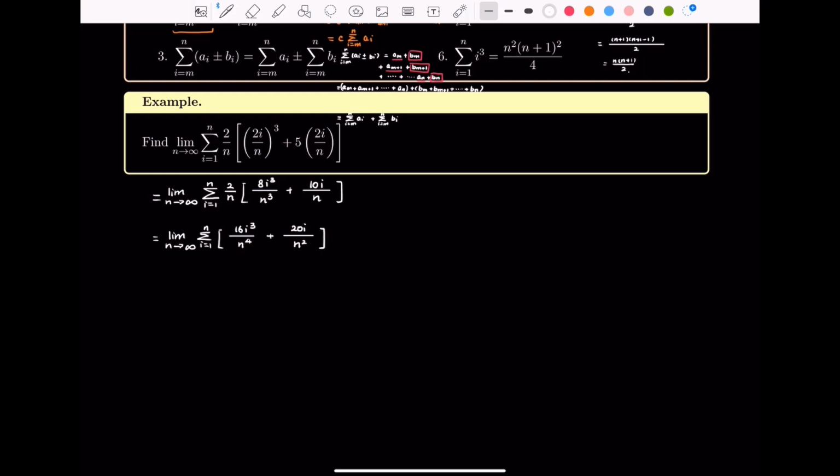As I mentioned, now I have a summation of 2 terms adding together. By property 3 here, I can split them up into 2 summations. So let's do that. I can change it to 2 summations. Here I'm doing it step by step. If you are familiar with it, you can do multiple steps at the same time. But since we are nerding out now, I'll do it step by step in case anyone cannot follow. Plus 20i over n squared. Here I use the property, so I'll write it here. This is by the property